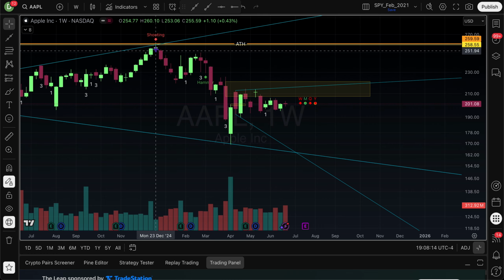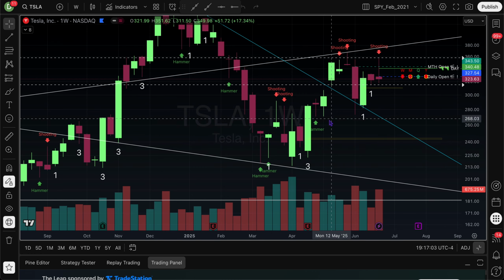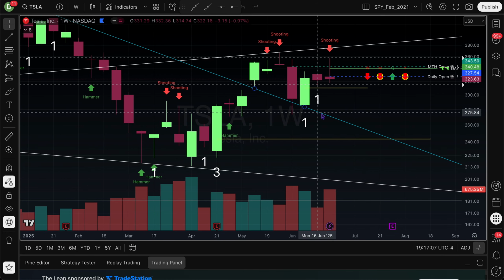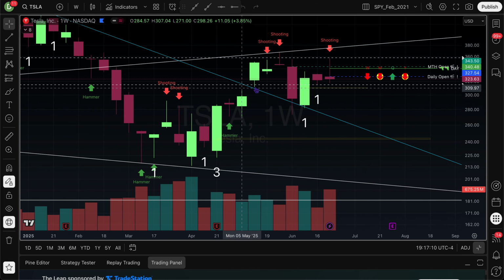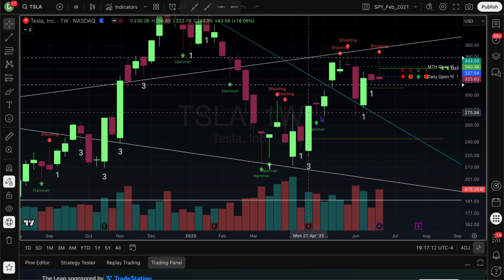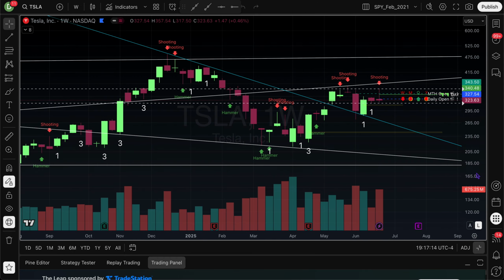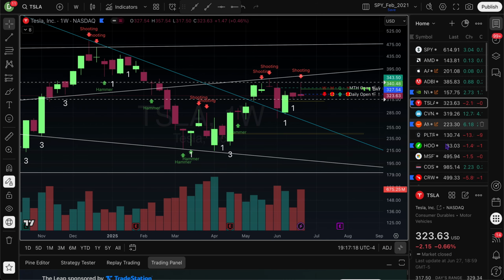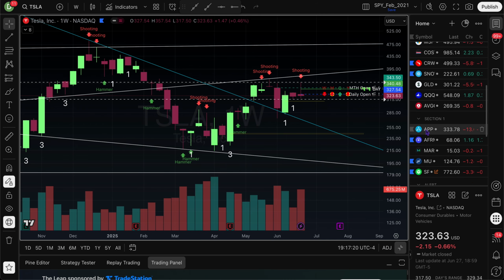This is how you draw broadening formations. I'll draw a few. I was drawing broadening formations for you. So let's draw a couple. Higher highs and lower lows. And with the broadening formation, you should be able to, I don't know if Tesla's the best one to draw on, just because I have so many lines on it already, I don't want to delete. Let's see if a firm gives us something.